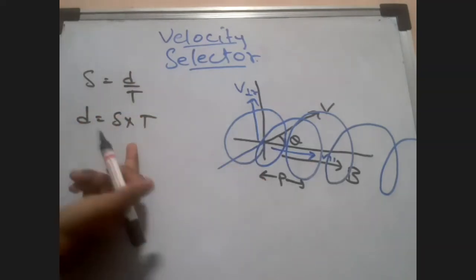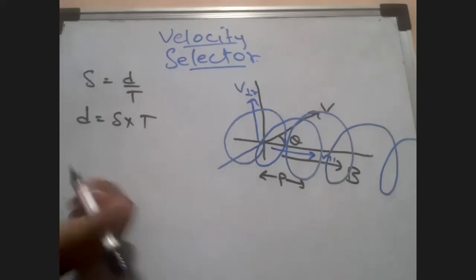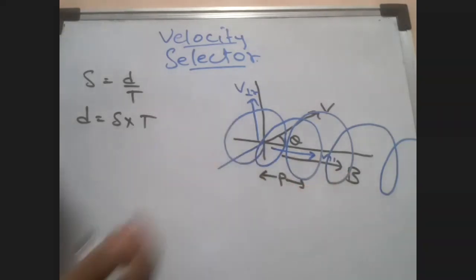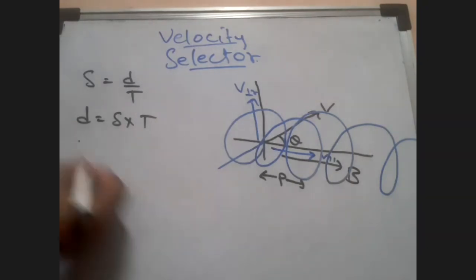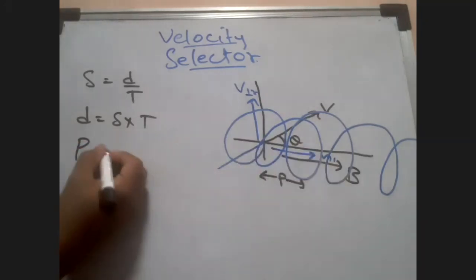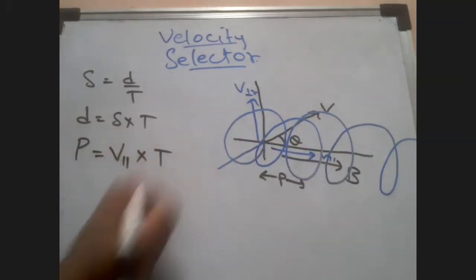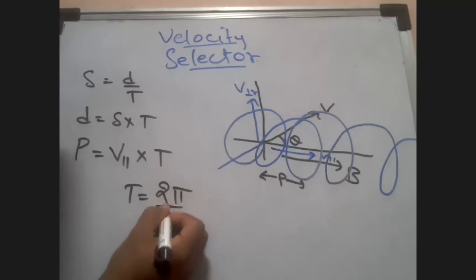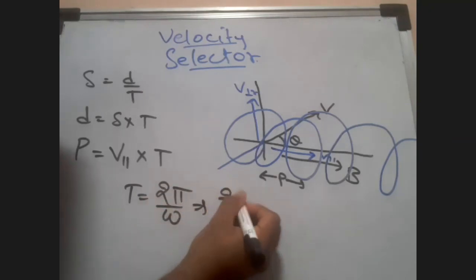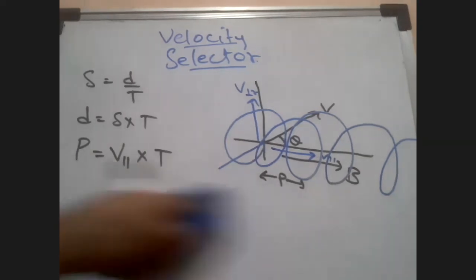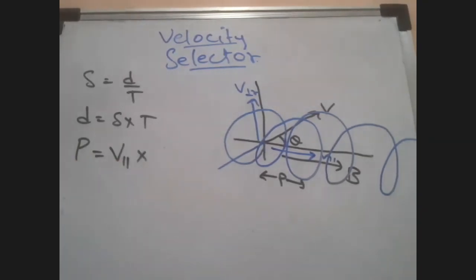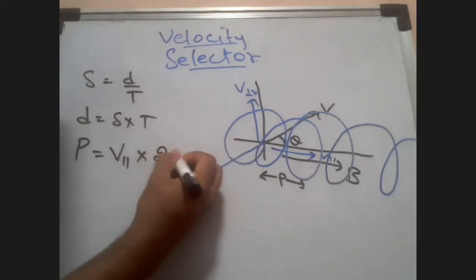Speed here, which is causing the pitch, is what? V parallel, not V perpendicular, students. That is where we make mistakes. And distance can be written as what? Distance is basically pitch. So you can write pitch is equal to the speed here, V parallel, into the time period T. Now, of course, you should remember time period. Time period is given by 2 pi upon omega. This should be in your head. And omega is V by R. So you can directly remember this also, 2 pi R by V. If you know this, students, just substitute the value over here. You will get the formula for pitch. Nothing so difficult.